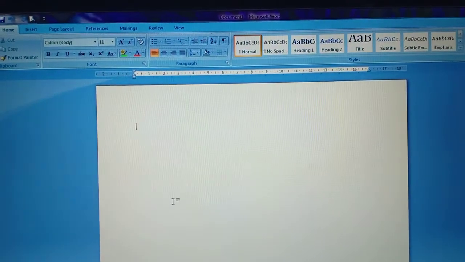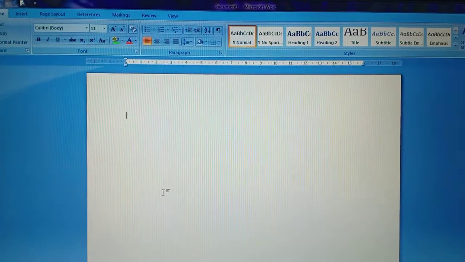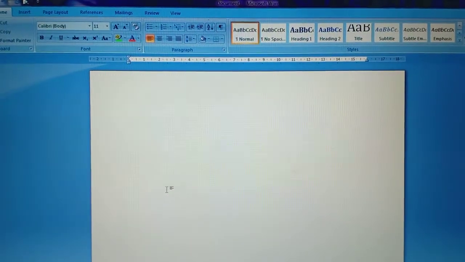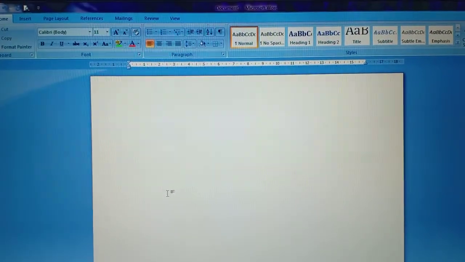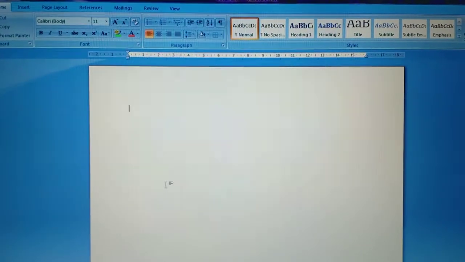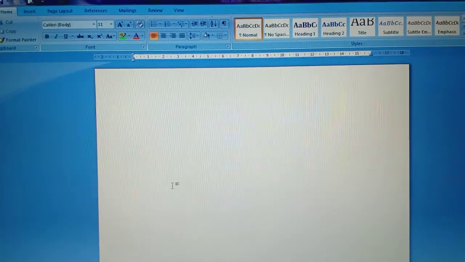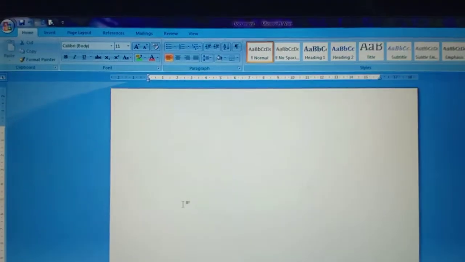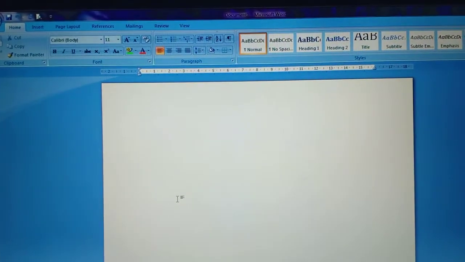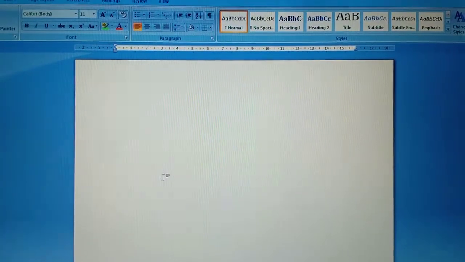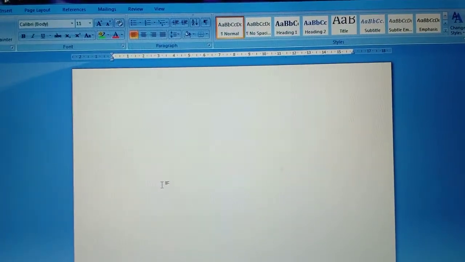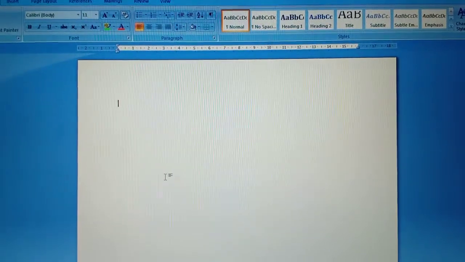Nowadays the computer has one big advantage, that is easy writing, editing, saving and printing the document. Means we can easily write anything in the computer, we can edit that one, we can save that one, and we can do the printout of that copy. So for doing all this work we need a word processor.